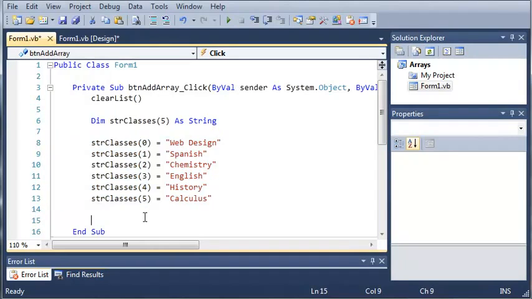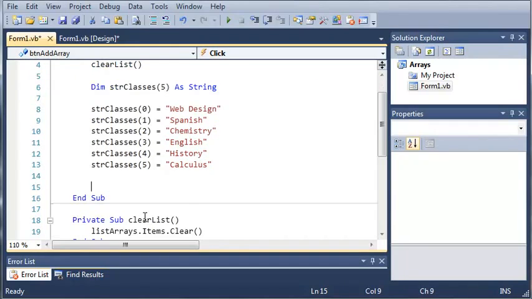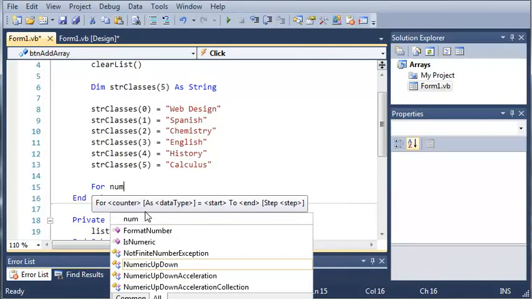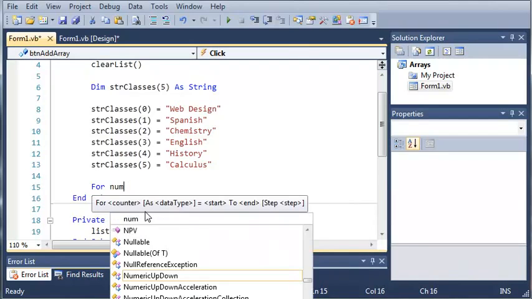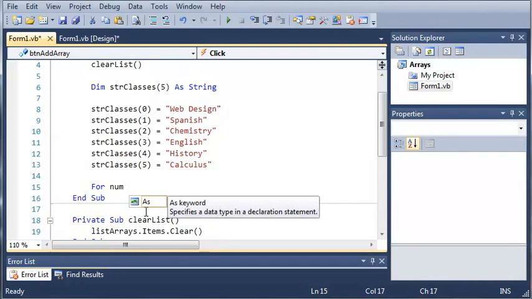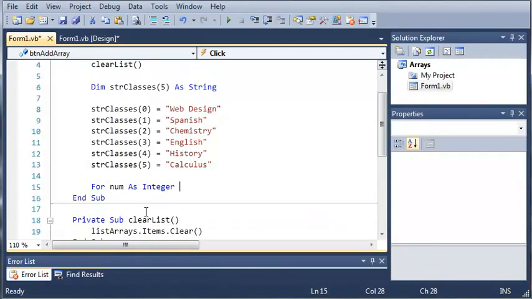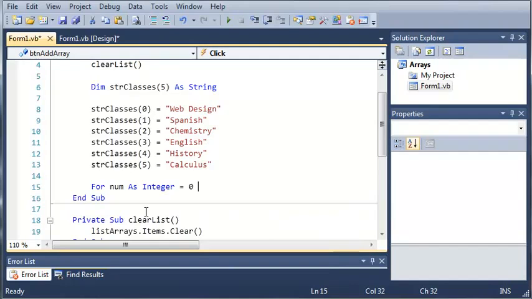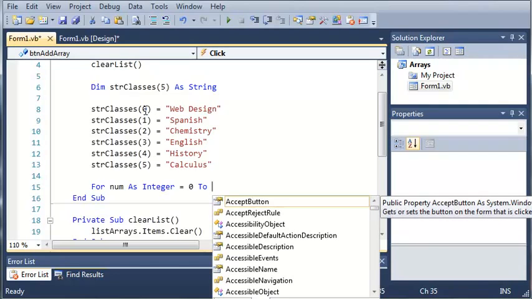we're going to use a For loop to add all those items to our list. So we'll start off by typing For num As Integer. You do not have to use As Integer because Integer is the default for the For loop, but I'm going to do it anyway. For num As Integer, we set it equal to 0 because the starting point is going to be 0, and then we're going to do